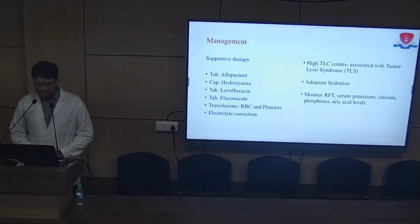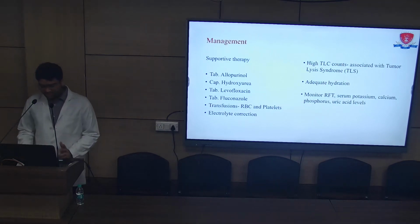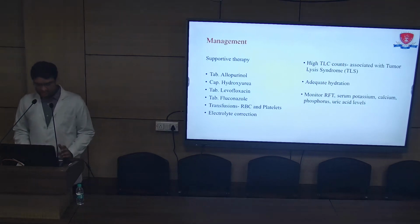So for management, we also give supportive therapy, which is as important as treating the disease with chemotherapy. For supportive therapy in this patient, we gave allopurinol to decrease the raised uric acid because of the high WBC count, so as to prevent renal failure, and we gave him capsule hydroxyurea. This is to decrease the total cell load, and then we give bacterial and fungal prophylaxis with levofloxacin and fluconazole,